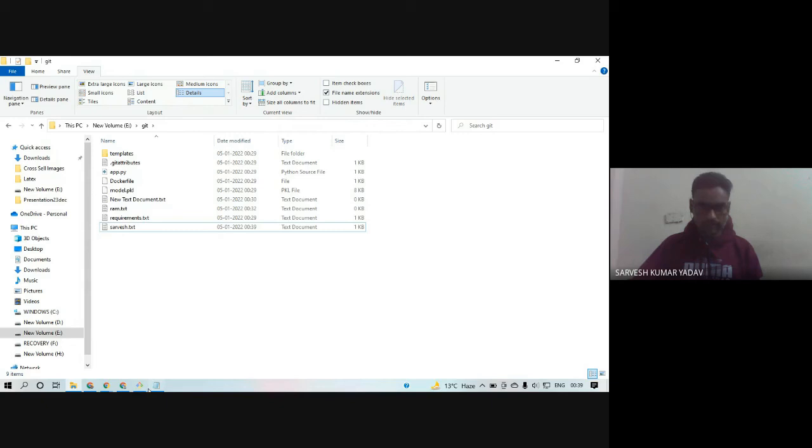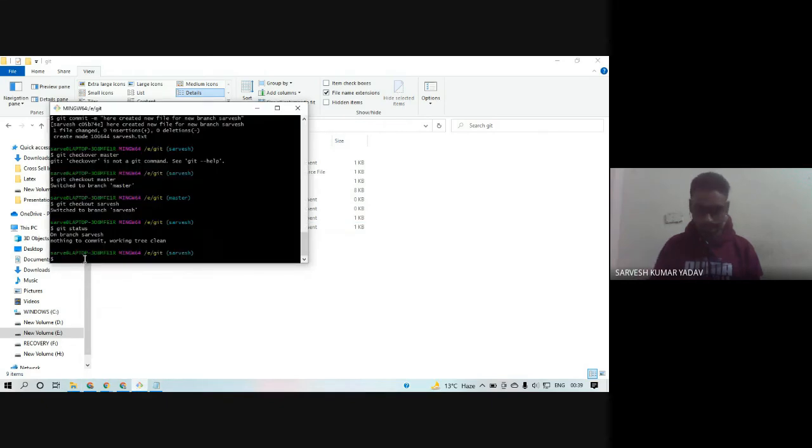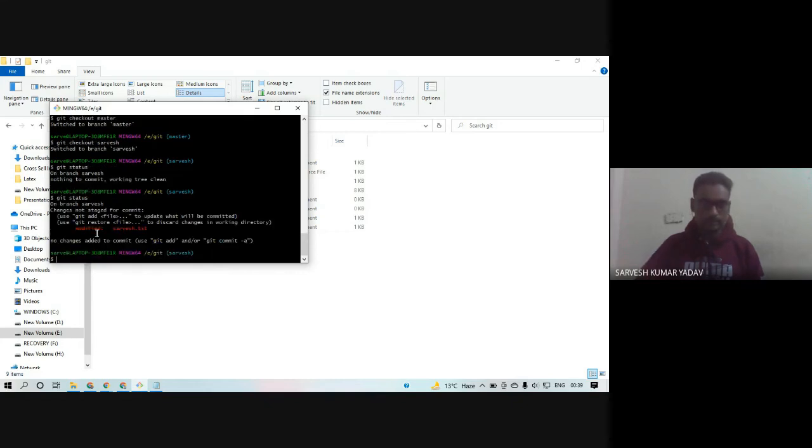Now let us see. Git status: service.txt file is modified. So we have to add this modification. We did git add service.txt.